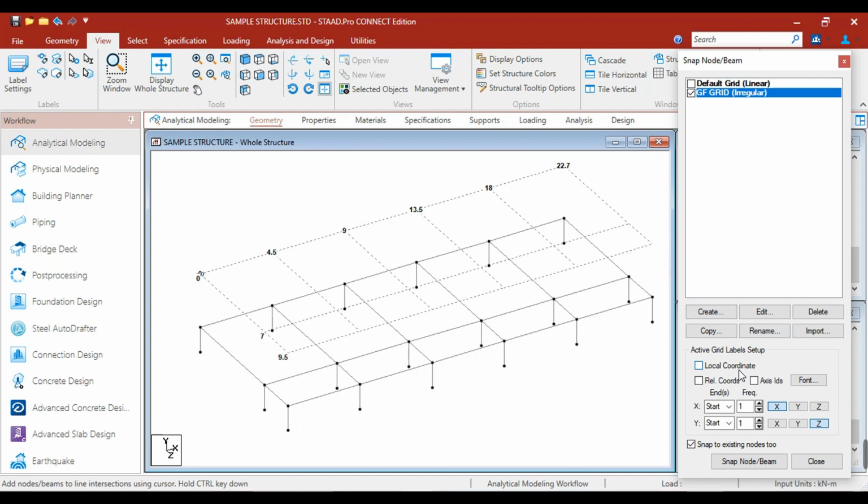Then you can create columns or beams for the second floor. Just make sure to check the snap to existing nodes and the snap node bottom. Here we can create columns from the ground floor to the second floor, and we can also create beams. So this will be the end of lecture 2, and you may continue your modeling using grid lines. Thank you.